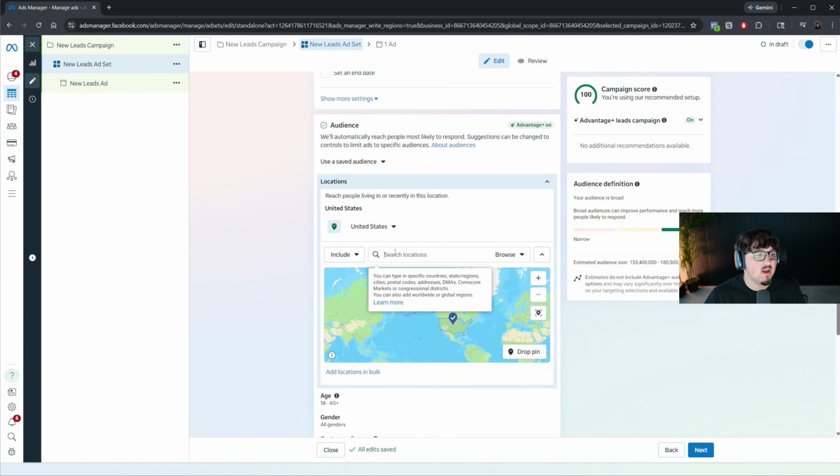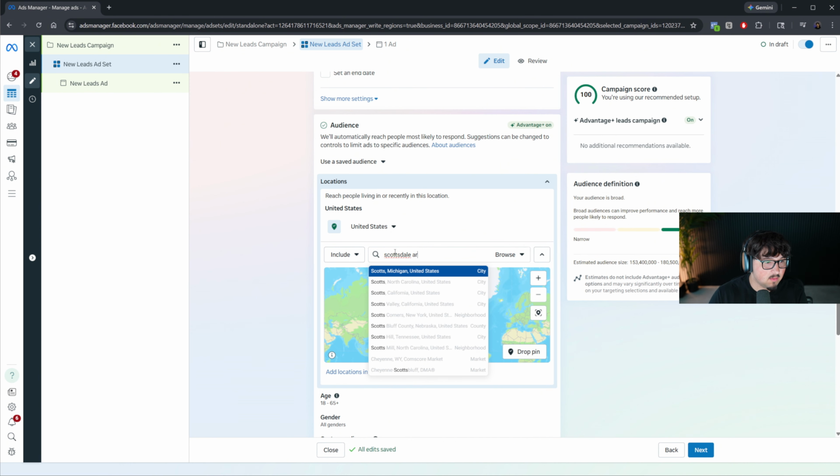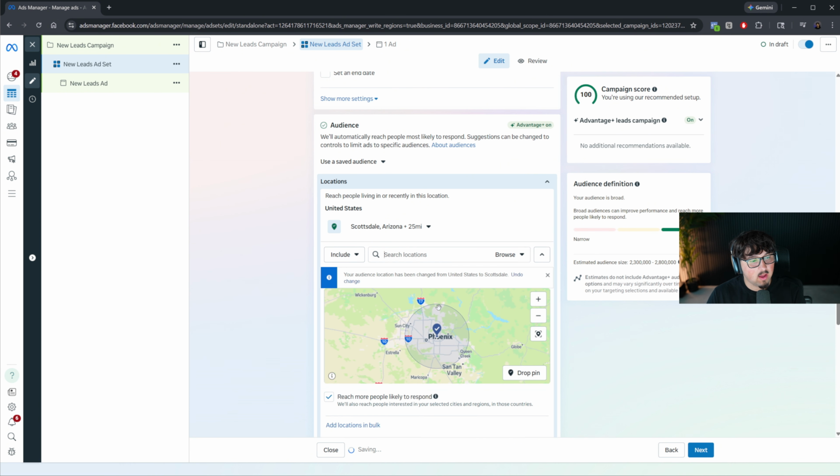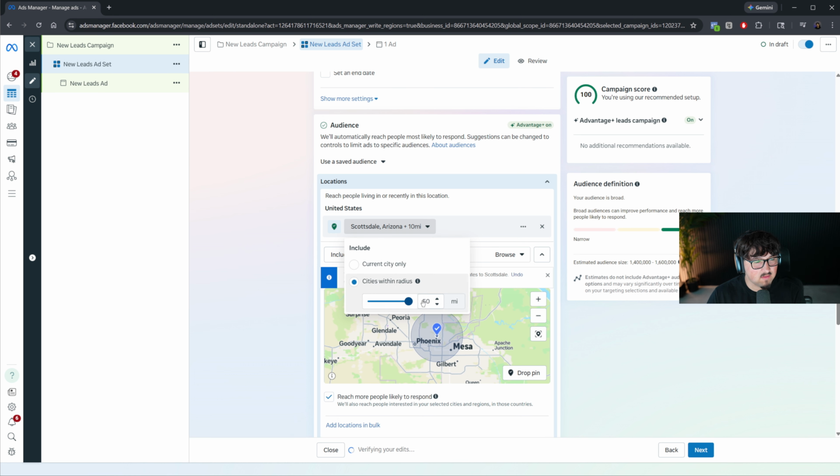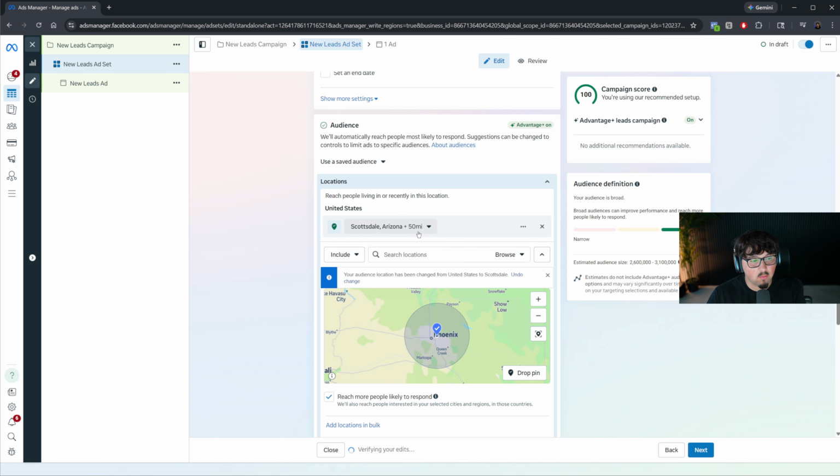But let's say, for example, you have a window cleaning company in Arizona. So you want to target Scottsdale, for example. You type in Scottsdale, Arizona. It's going to drop this blue little pin in that area that you selected. And you can choose the radius here from anywhere from 10 miles to, I believe, 50 miles. So I would honestly recommend that you do very, very small blue circles